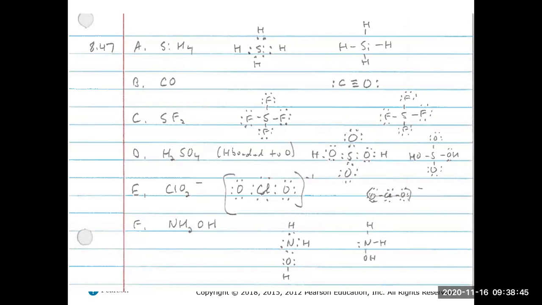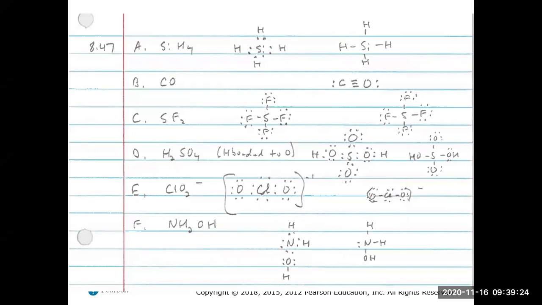So SF4, so we have sulfur. Once again, look at our periodic table and see sulfur. We have 6 electrons. And then fluorine has 7. And so actually, I think I did the wrong one. I think it's supposed to be SF2. Sorry about that. So SF2,